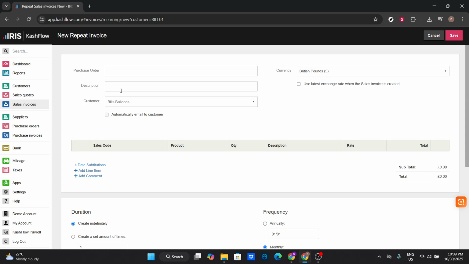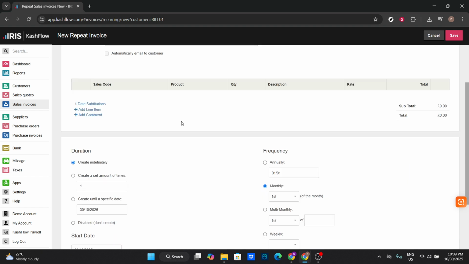This is a brief yet comprehensive summary of what the invoice covers, whether it's for goods provided, services rendered, or another charge. Clear descriptions can prevent misunderstandings and ensure your client is well informed about the specifics of the billing. After entering the description, click on Date Substitutions, and date substitutions are remarkably useful in automating